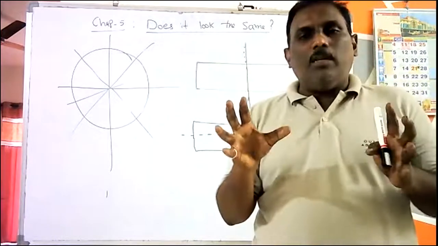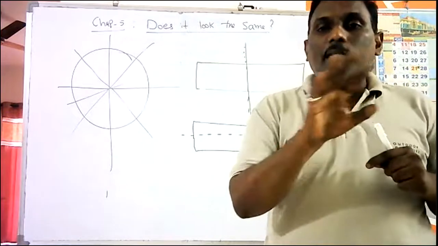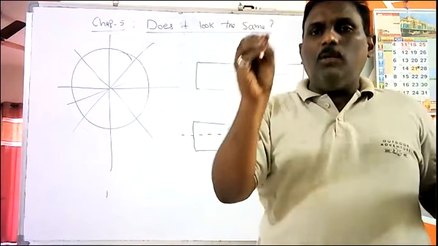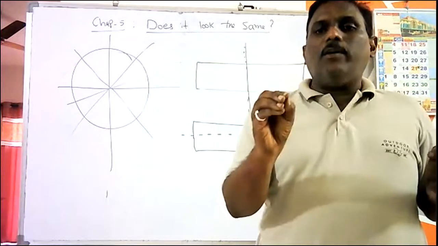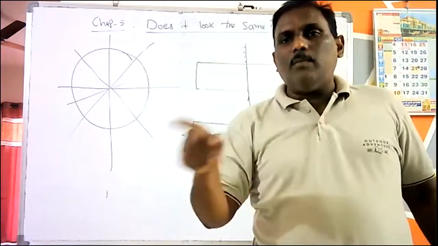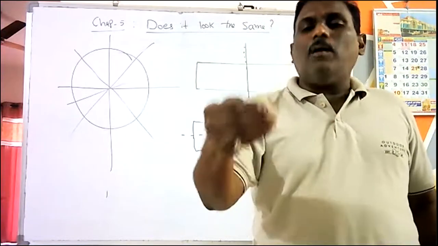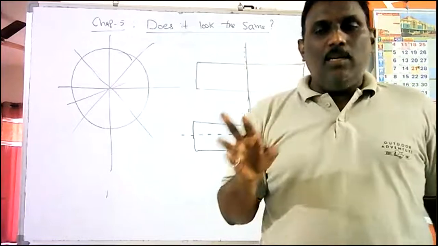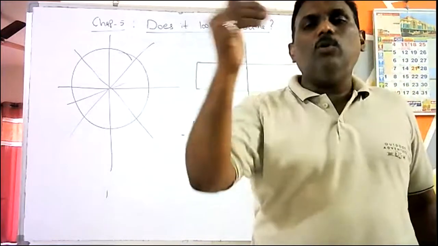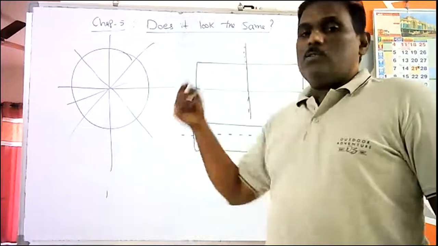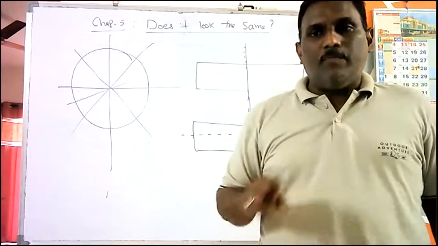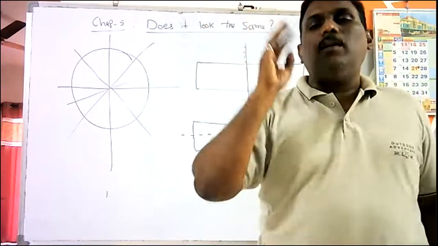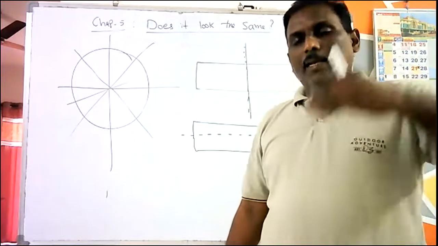From this chapter, from the examination point of view, you won't get many questions. Hardly 1 or 2 questions. You will be given a diagram and asked to identify which symmetry it has, vertical symmetry or horizontal symmetry. These types of simple questions will be asked. It is a very easy chapter and can be finished in 1 or 2 classes. That's why I took this to complete before we go for the PT1 examination. This chapter is also included in your PT1 syllabus. The first 3 chapters and this one, all these 4 chapters are coming for your coming PT1. You already know the syllabus, and the timetable is also given to you.